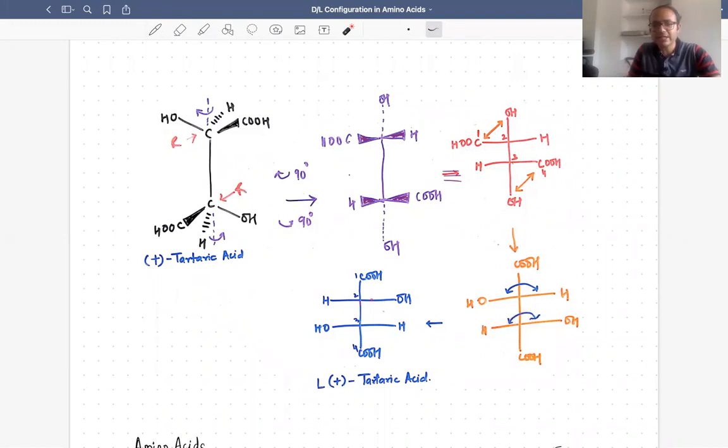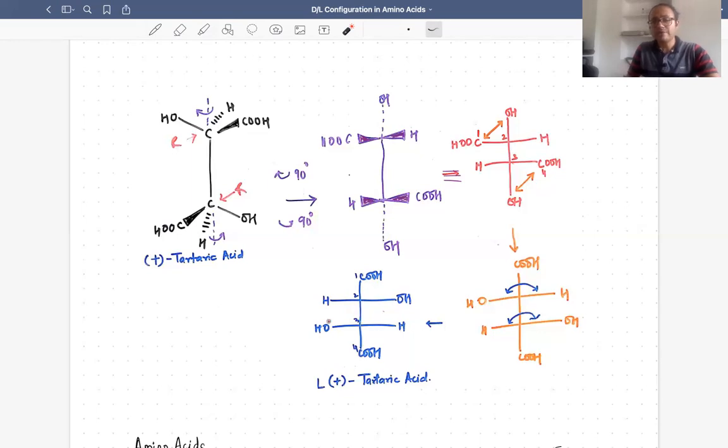So now if you check the configuration 1, 2, and 3, this rotation is anti-clockwise. Okay, so since the lowest priority group, that is hydrogen, is on the horizontal bond, whatever configuration you are getting, in this case you are getting S. So that means it is R here, because our lowest priority group is on the horizontal bond, that is on the front side. Therefore, whatever configuration you are getting in the Fisher projection formula, it would be the opposite. So this is R, this is also R, which you can check for yourself now.